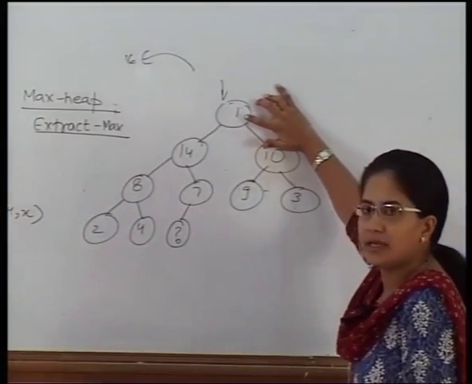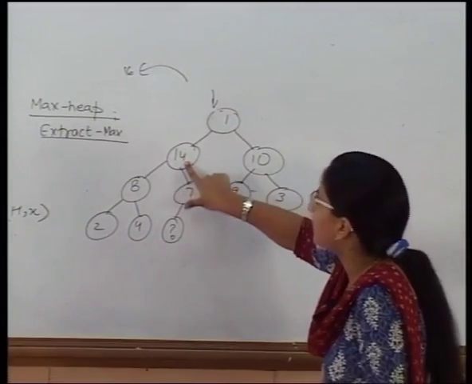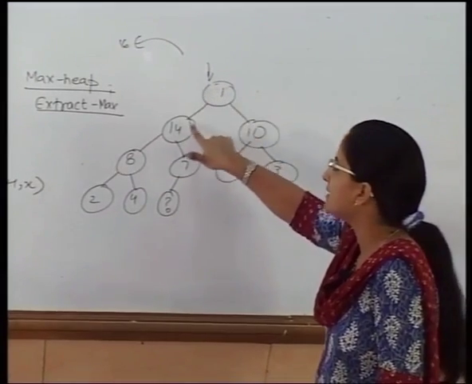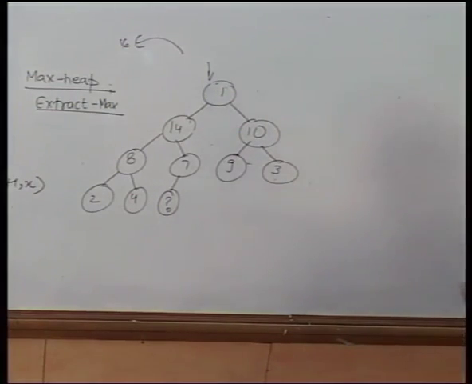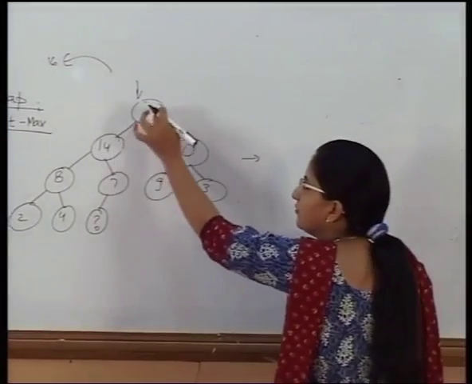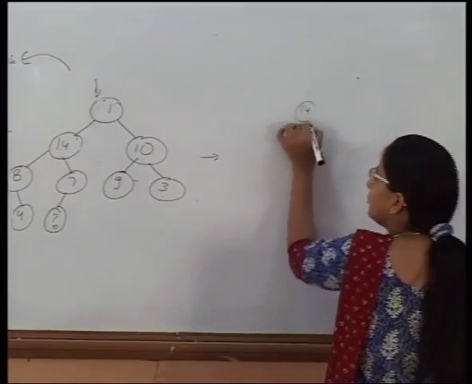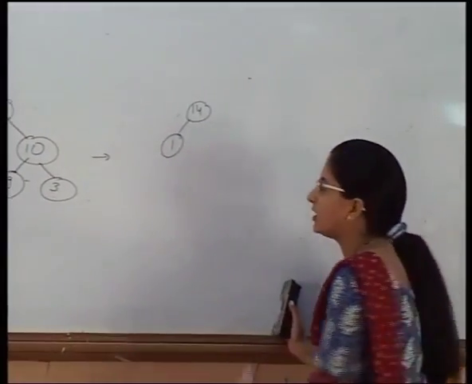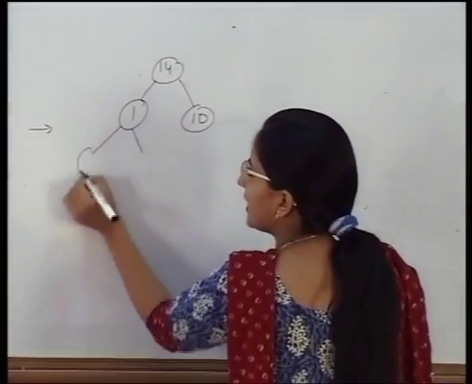After putting 1 here, we can find that the property of max heap is not satisfied. 1 is less than both of its children keys value. So heapify again. After the heapify operation, we can find 14 is greater than 1 and 10 both. So 14 should be at the root. 1 is supposed to get the position of 14 and here, and the remaining heap as it is.